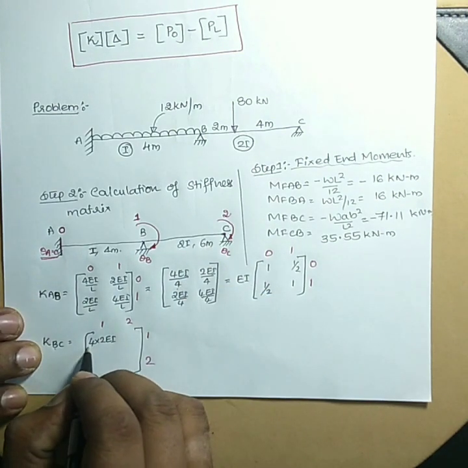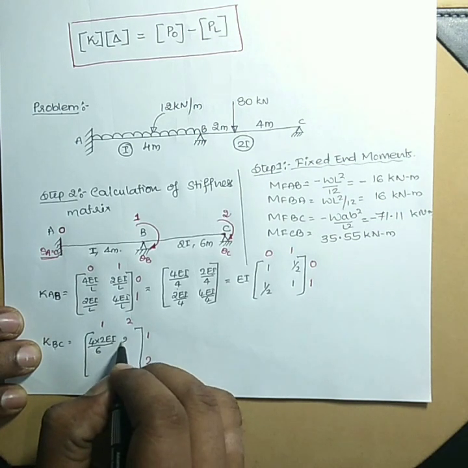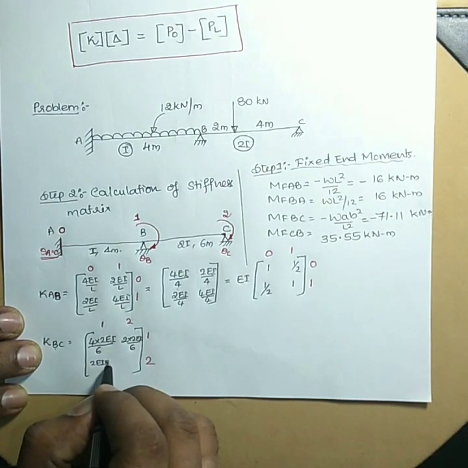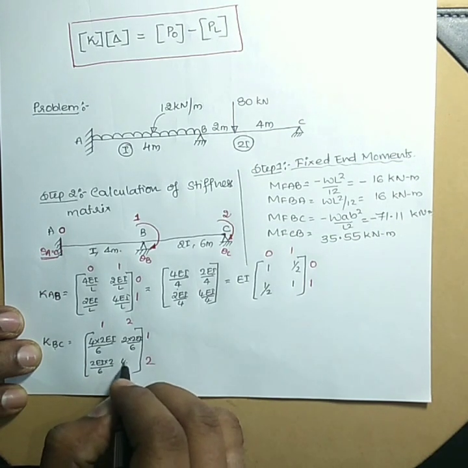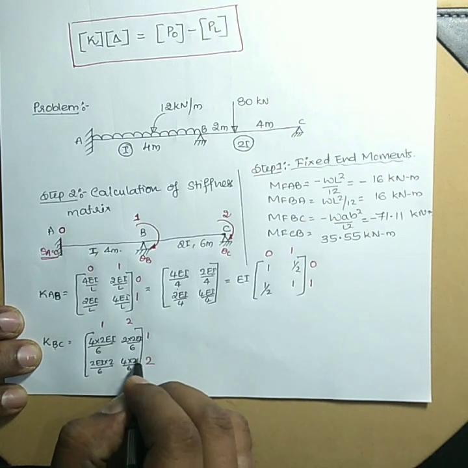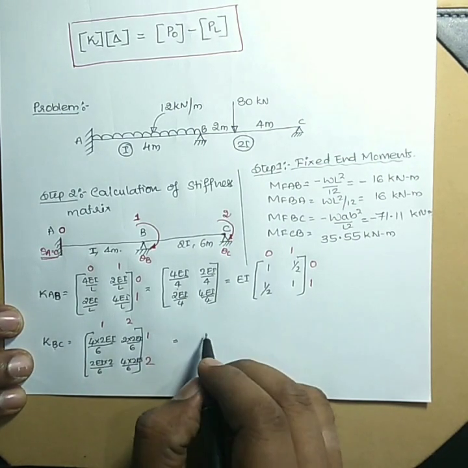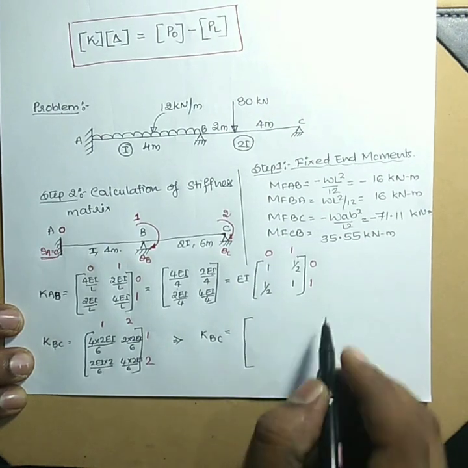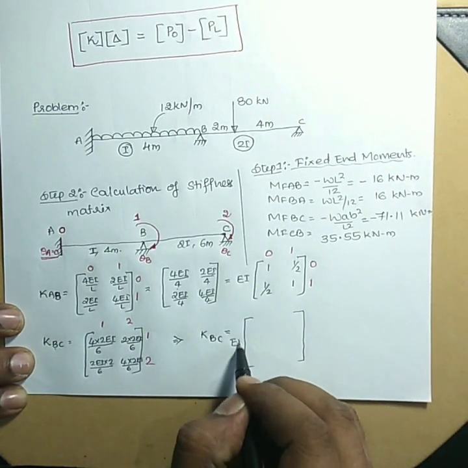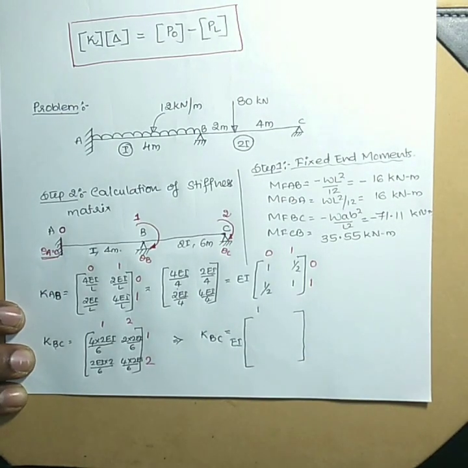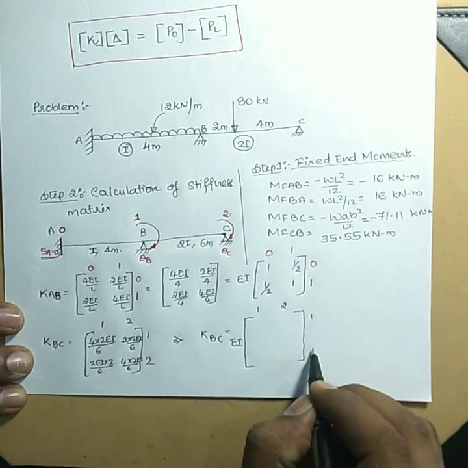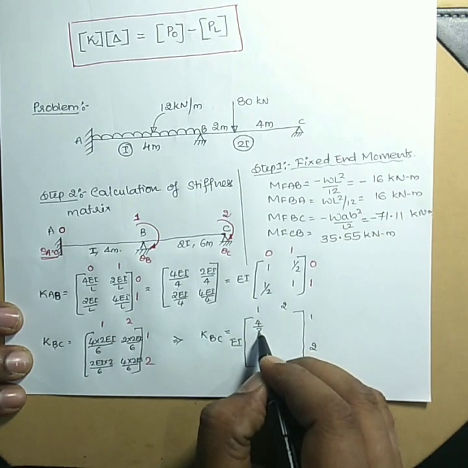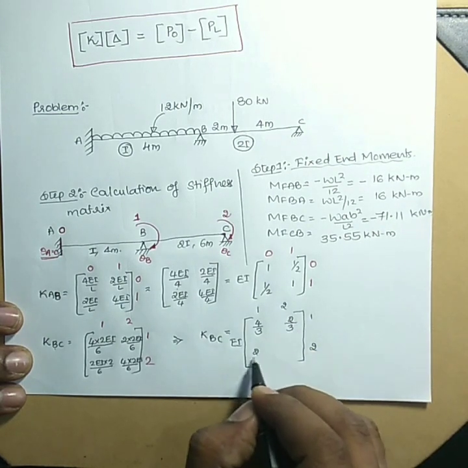So it is 4 into 2 EI by 6. This is 2 into 2 EI by 6. This is 2 into 2 EI by 6, and this is 4 into 2 EI by 6. So altogether KBC is nothing but, I'll take EI outside, and this becomes 1, 2, 1, 2. This is 4 into 8 by 6, or it is 4 by 3. So this is 4 by 3, this is 2 by 3, this is 2 by 3, and this is 4